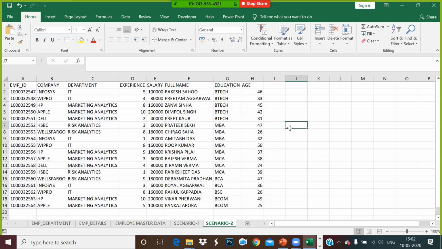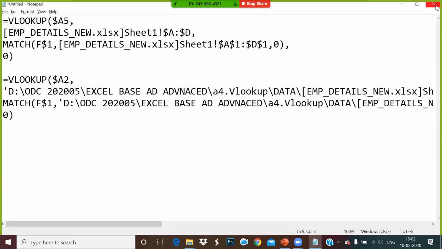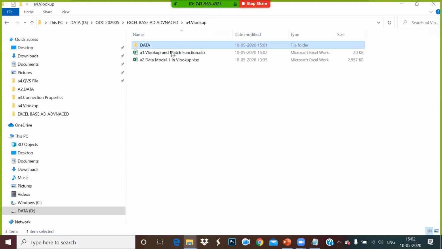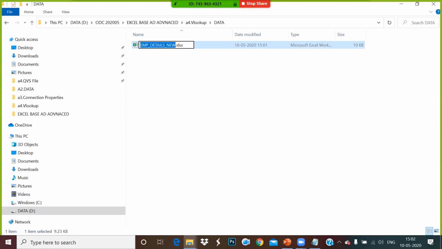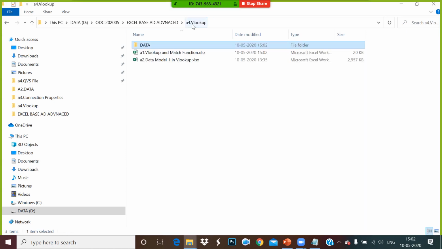Here, let's say this is what the data is given. Somebody has gone to this folder. In this folder, they have renamed this file to 2020. So when you imported, the file was employee details underscore new.xlsx. Now the file name has been changed to 2020.